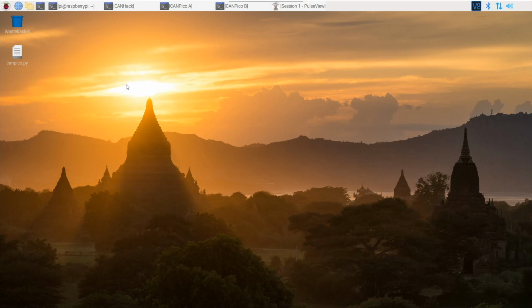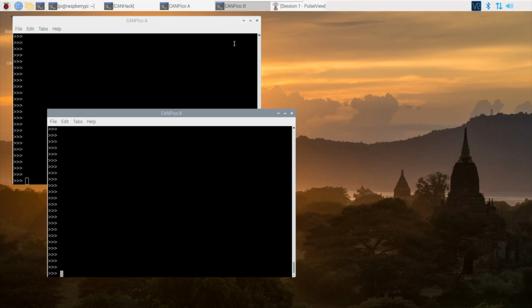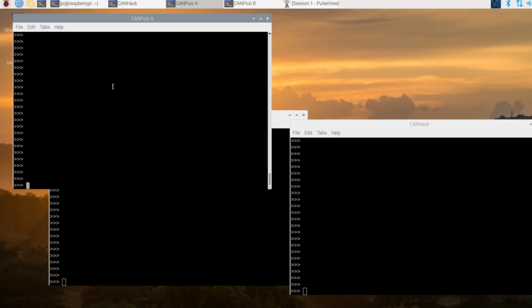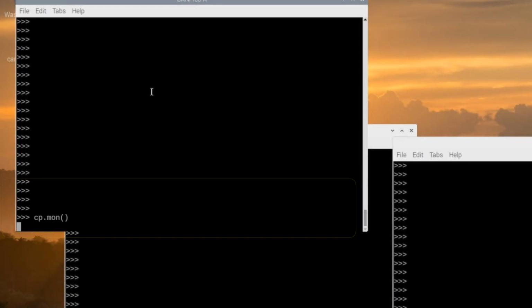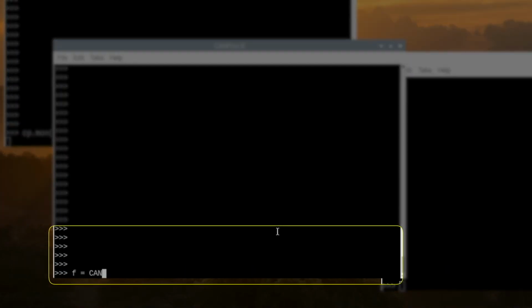So to mount the double receive attack, we will have a CANPico board that is a receiver, a transmitter CANPico board, and a CANHack board to attack it. On our receiver, we will use the CANPico library and just run a monitor that displays the frames it receives. And we will define a frame on the sending side that we're going to attack.